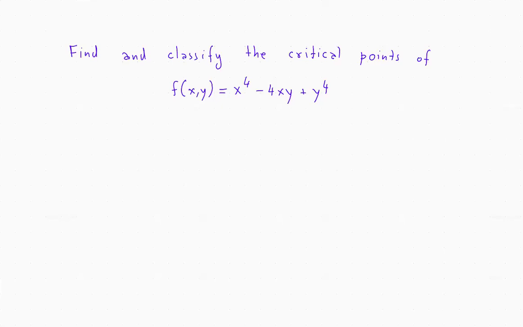So in this problem, we have the function f of x, y equal to x to the fourth minus 4xy plus y to the fourth. And we would like to find and classify its critical points. What we mean by that is we're going to use the second derivative test. Let's recall that